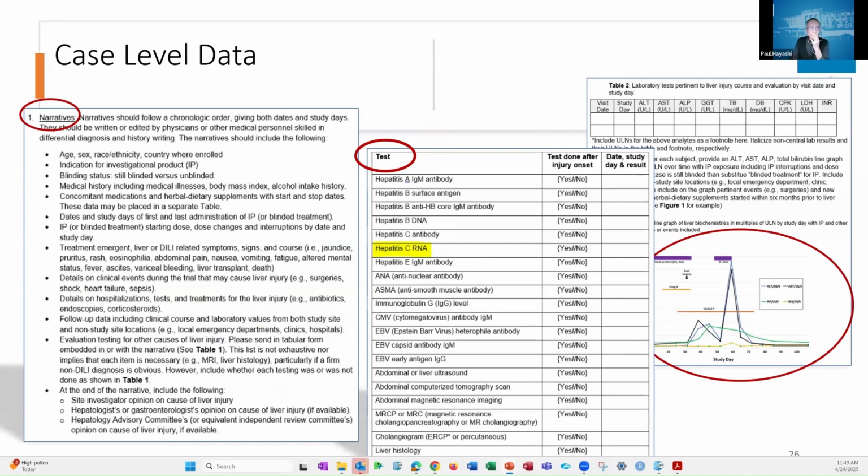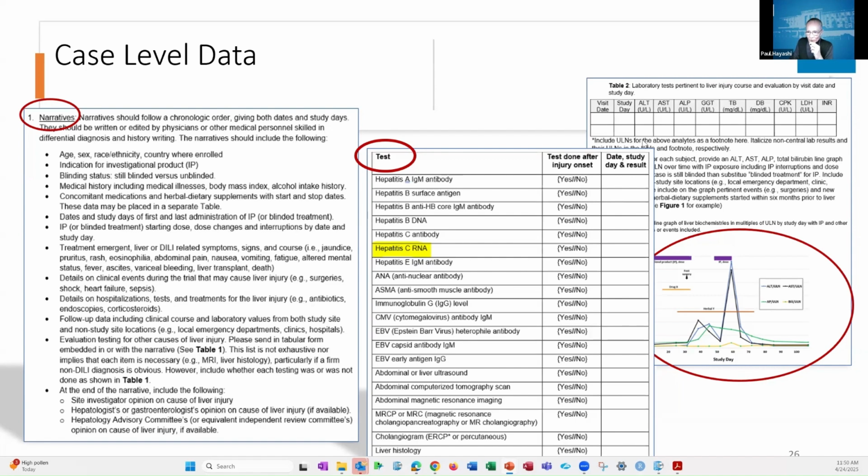Excuse me, sorry. So this is an example of our information request, sort of standards, 3 pages. So we give you what we'd like to see in a narrative, kind of tells you what we'd like. We actually put in a table of the evaluation testing that was done. Let me be clear. This is not to say that you need to do every single test, but we want to know, yes or no, did you do it? Or did someone do it? And what was the result? When was it done?